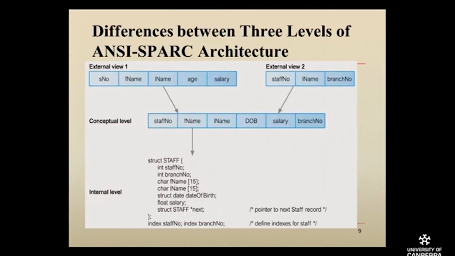This is a diagram from your book. I think it could have been done better, because it could have shown, for example, in external view 1 and external view 2, the actual data. But what it is telling you is, if you look at this and put it in as an example,